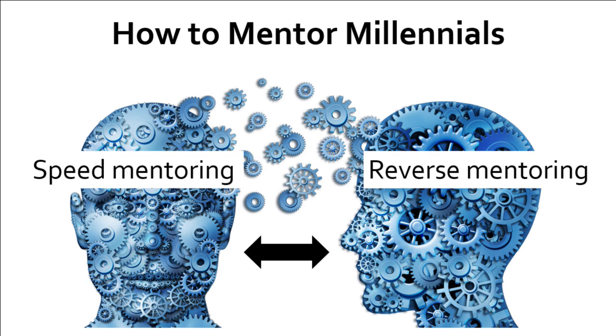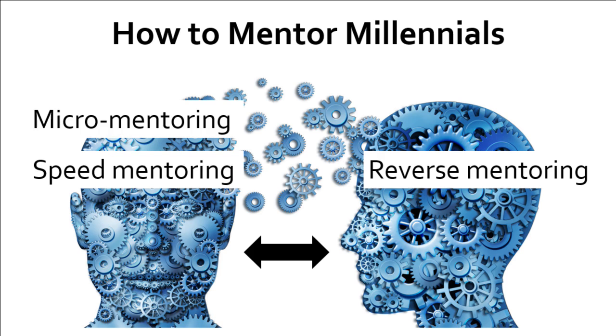There's speed mentoring. ACER just did a session at this meeting, which I thought was great. It was literally like a 10-minute, ring the bell, meet your next person. People are fine with that. This generation wants quick answers. If they have a particular question, you're a good person to seek help from for this particular issue in their lives, they can do that. Micro-mentoring is stuff like very specific questions. Like, I'm going to go on Facebook or Twitter or whatever